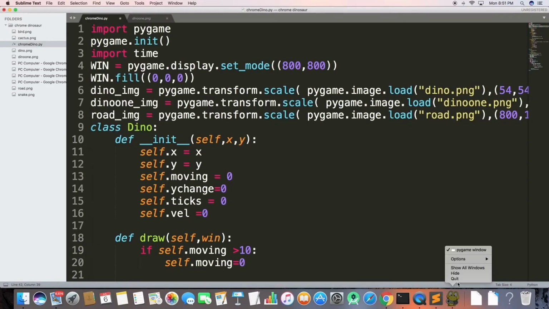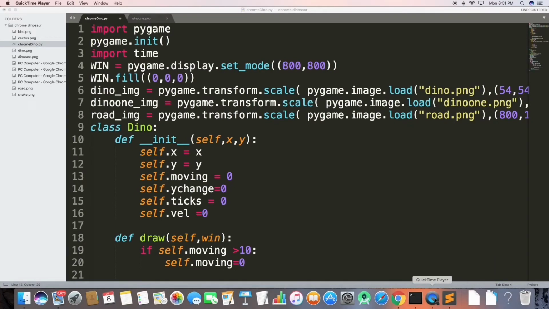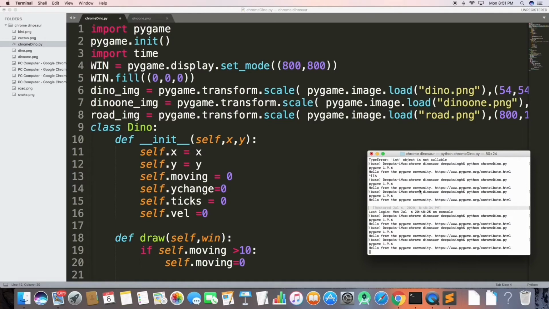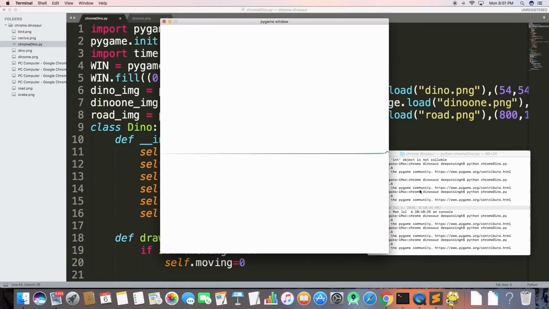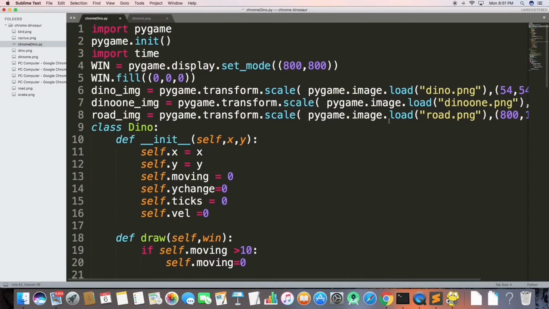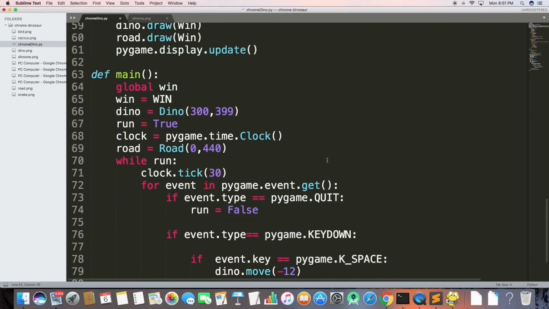Let me just pause it first and I'll show you what's wrong. Here you can see it's not working. So I'll be working on this for some time and let's see how far I go.